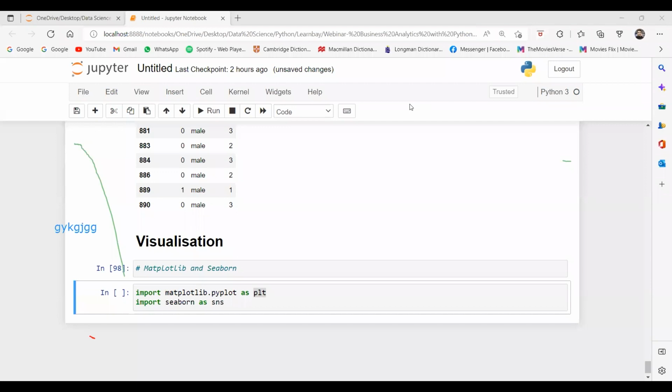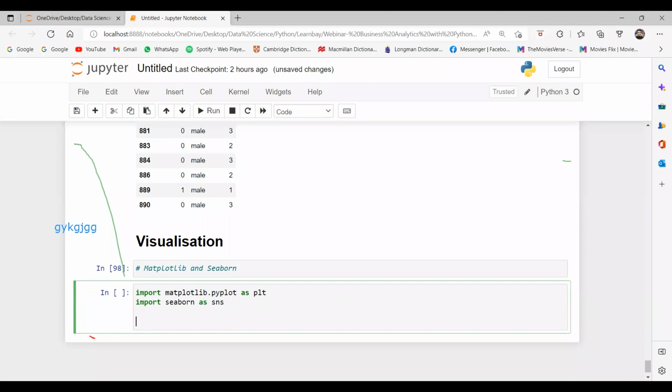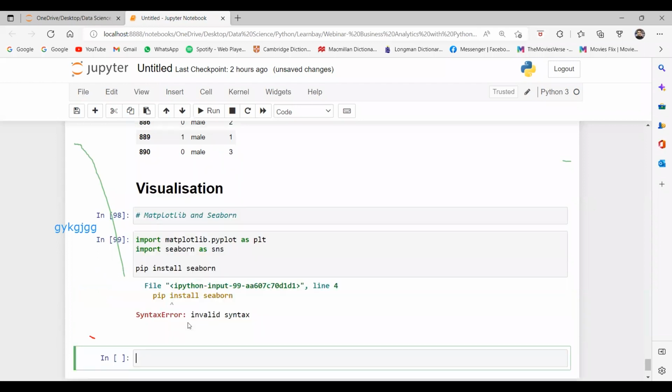Sir, whenever I want to import a library, the terminal shows me that I have no such library. Maybe you haven't installed that. So you do this command, pip install, and give the library name here. Then shift plus enter, and that particular library will be installed. Fine. So for example, you want to install Seaborn, then you can say pip install seaborn and then shift and enter. Once you press shift and enter, it will install.